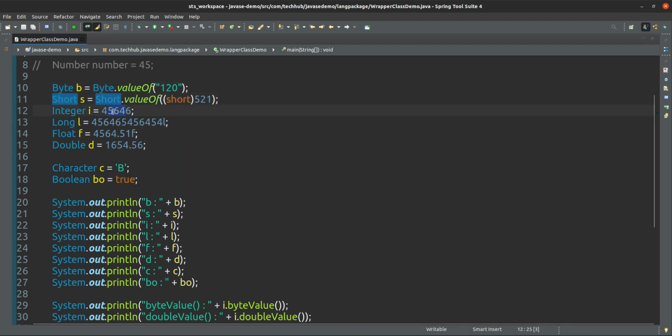Okay, so this is the use of wrapper data types here. Using this one we can convert.